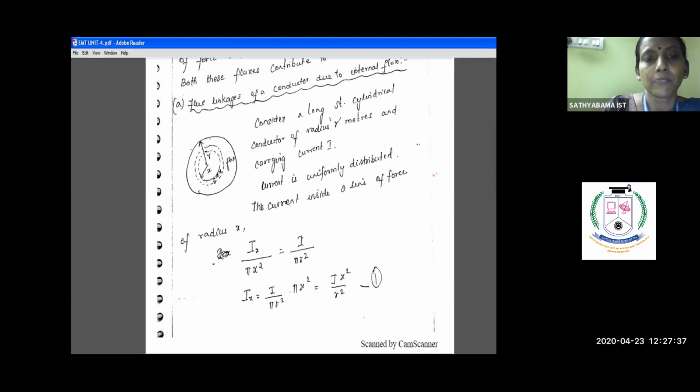And similarly, the current that is passing through the entire conductor of radius r is going to be I divided by pi r square. Since we have assumed the current density to be equal here, equating these two equations, Ix can be written as I by pi r square times pi x square, or else I x square by r square. Now we have calculated the current enclosed in the Ampere loop here. And we all know that Ampere's law,